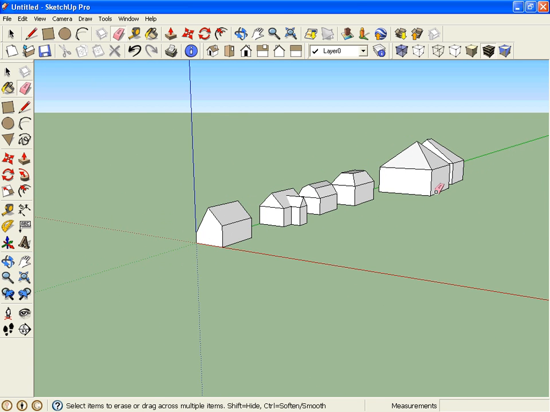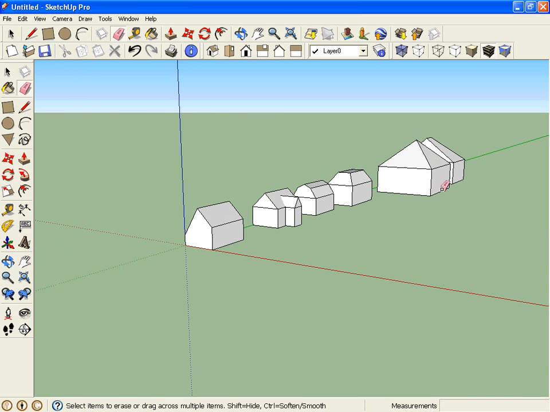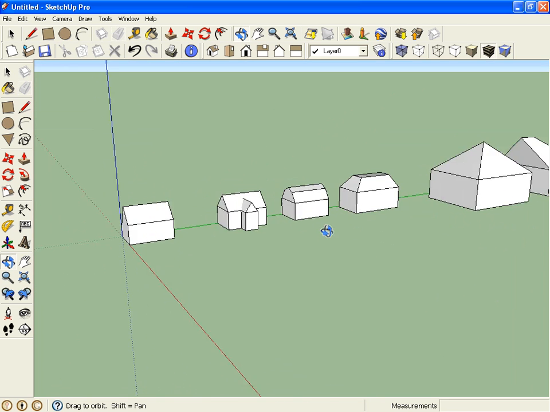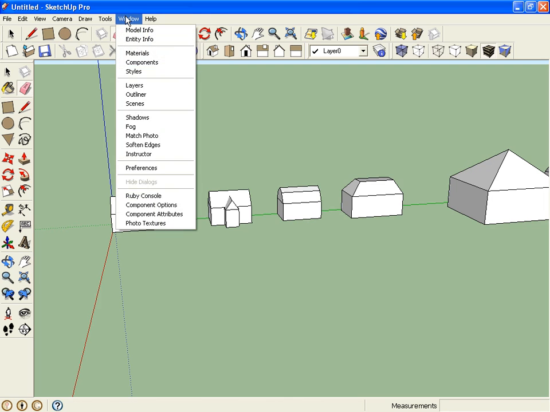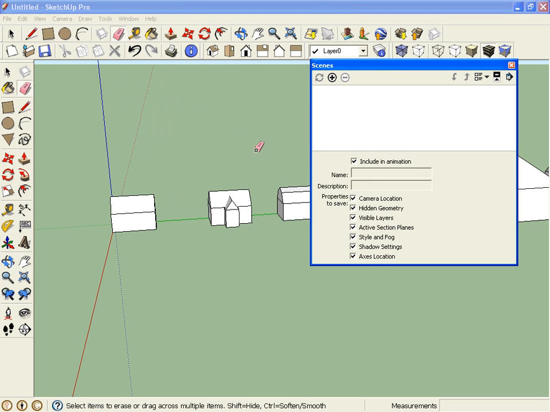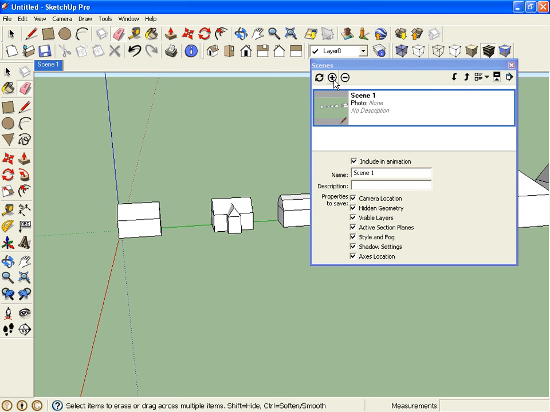Once you've done all 8 houses, what you're going to be doing is making scenes for the houses and videos. So how do you create your scenes? Again, you can follow along with me, or you can watch the video later. You can click on Window, Scenes, and you'll see blank. There's no scenes right now. So scenes are kind of like pages or slides in a PowerPoint. So I click on the plus, and I'm going to add